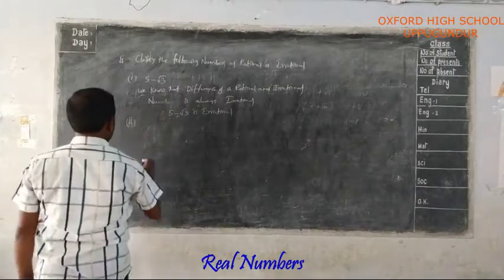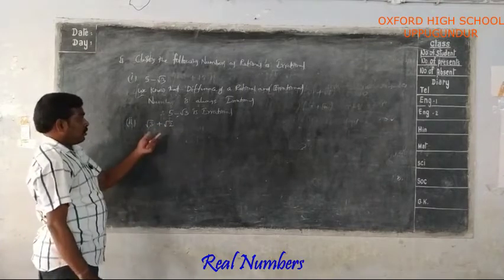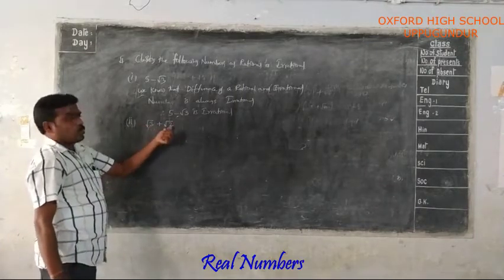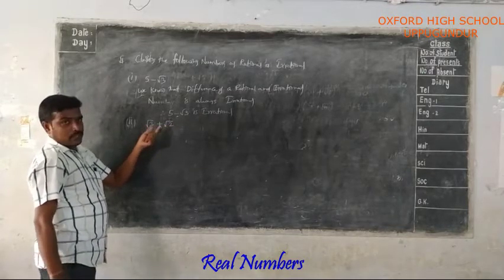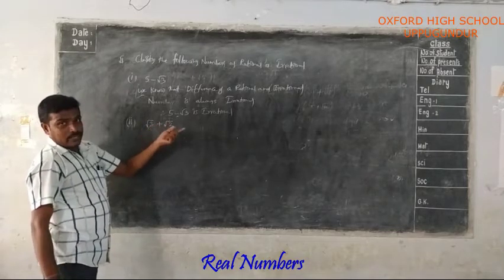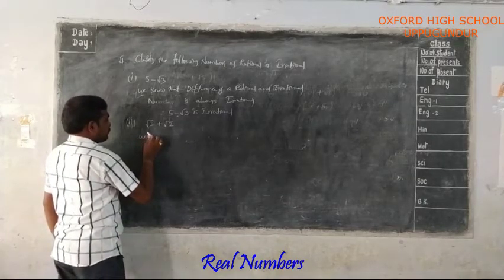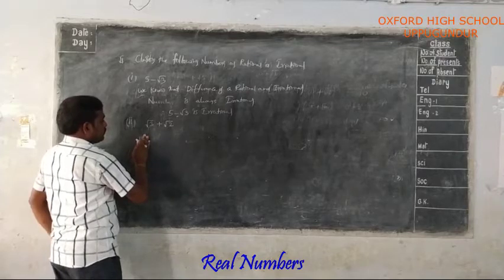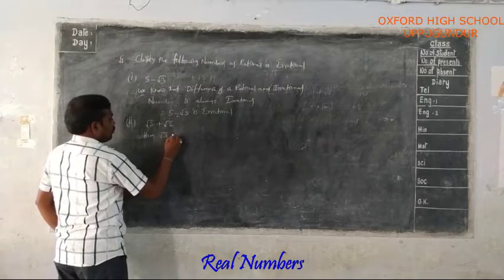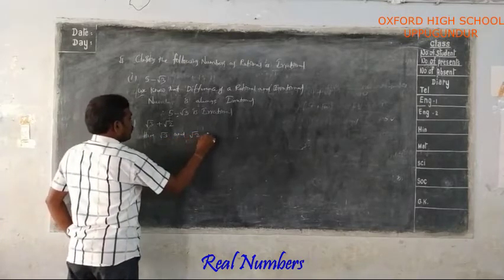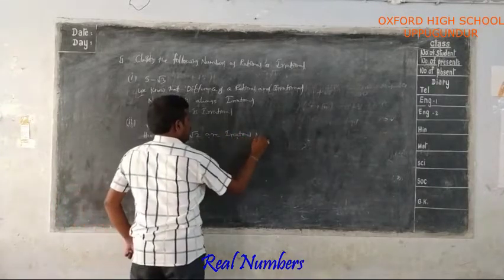Next, second one. Root 3 plus root 2. Here root 3 is an irrational number, root 2 is an irrational number. So when you are adding any two irrational numbers, we may get a rational number or an irrational number. So here root 3 and root 2 are irrational numbers,